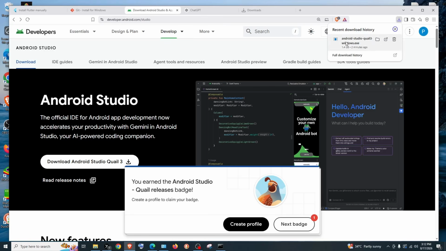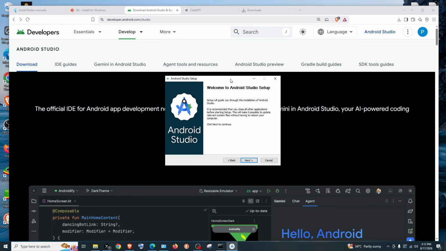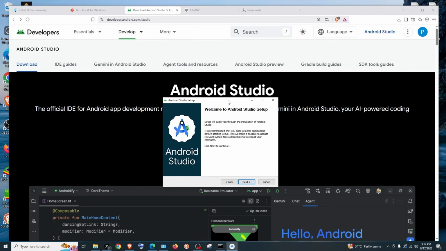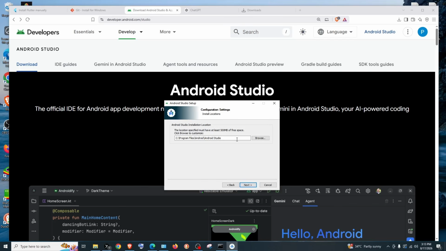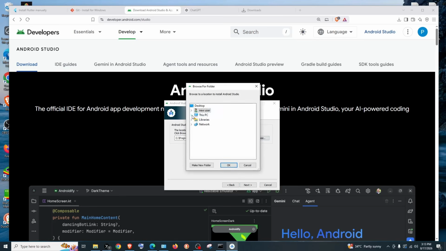Once the download is complete, just open it. We will be getting the Android Studio setup. Just click on Next and make sure that you are checking this Android virtual device. With the help of it, we can run Android apps on the emulator. So really good feature. Click on that and select Next. This is going to be the installation location. If you are fine with the default location, just click on next, else click on browse and change it. Select next,